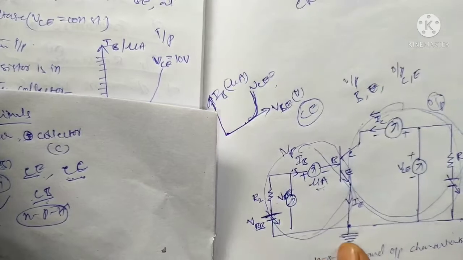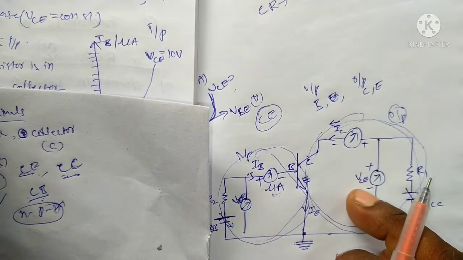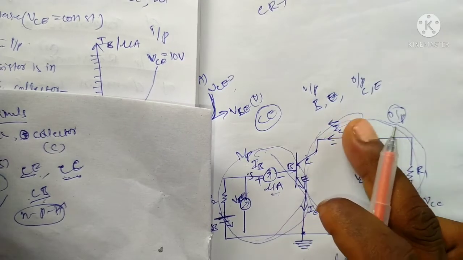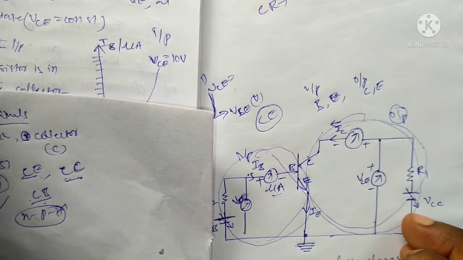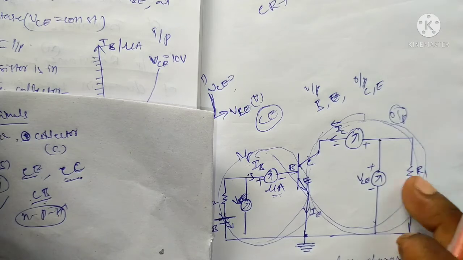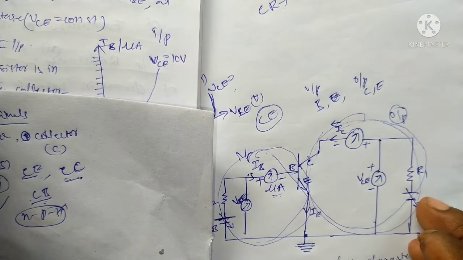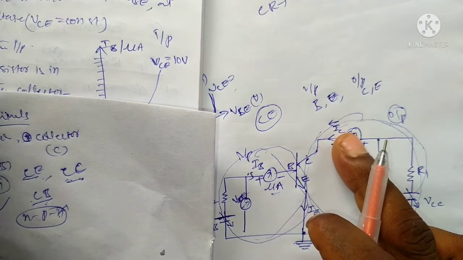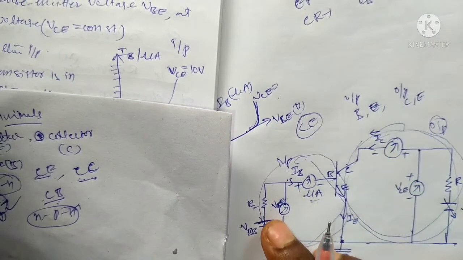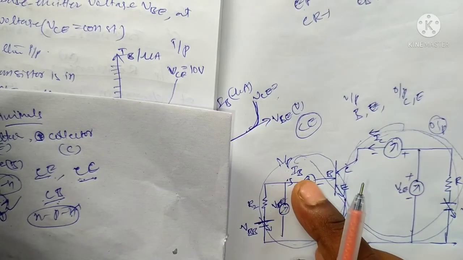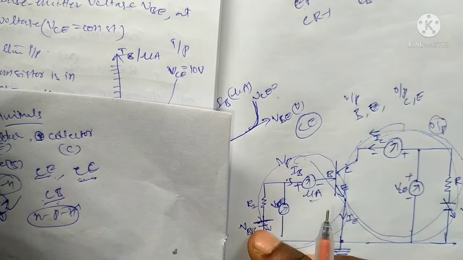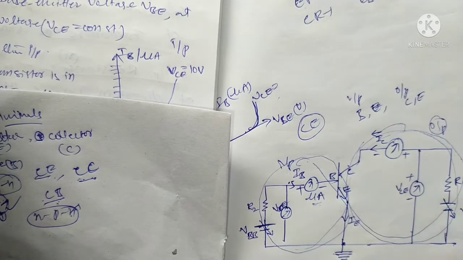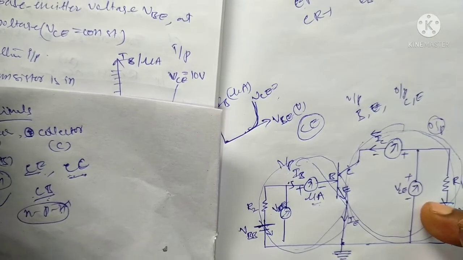In the case of output, VCE is changed and we see the variation of the collector current. What happens in the collector current? The power supply VCC, say 2 volts or 4 volts, is kept constant, and it can be changed. When VCE changes, the collector current varies. Here when VB changes, IB varies. VBB and VCC are the power supplies, or batteries.